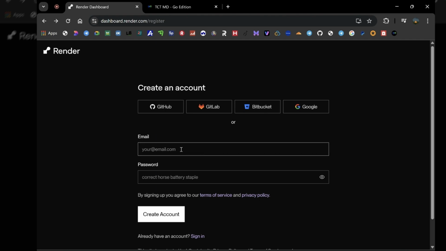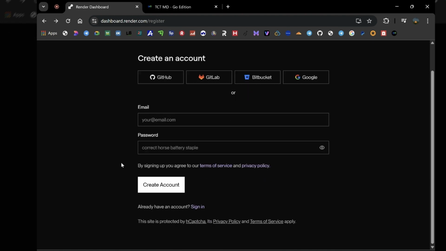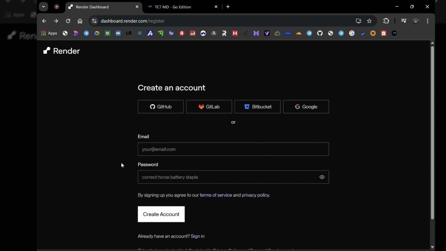Before we get our hands dirty with the code and configurations, the very first thing you need to do is establish your home base on Render. This platform is incredibly user-friendly, but you need an account to get started. When you land on their homepage, you'll see the call to action to sign up. You can go the traditional route by physically clicking on the sign up button and creating an account from scratch